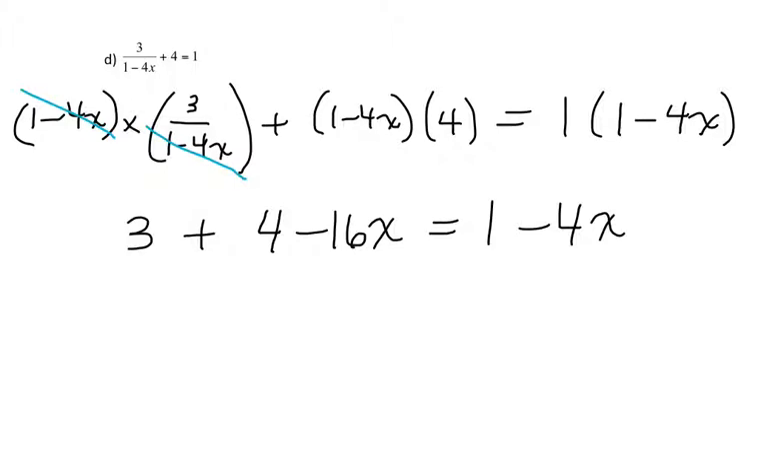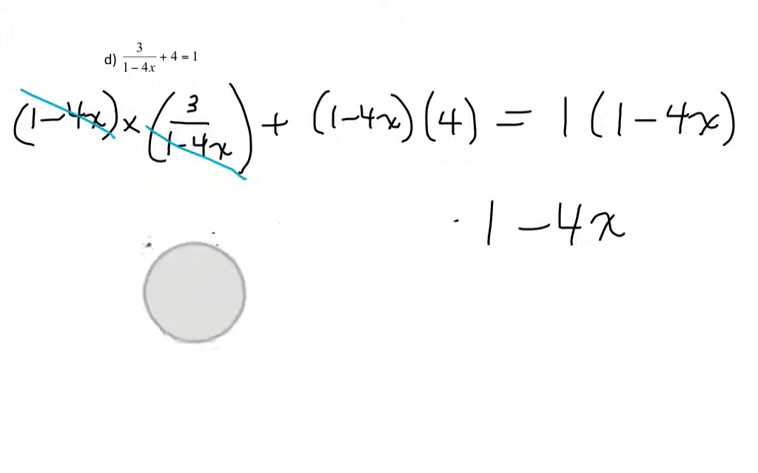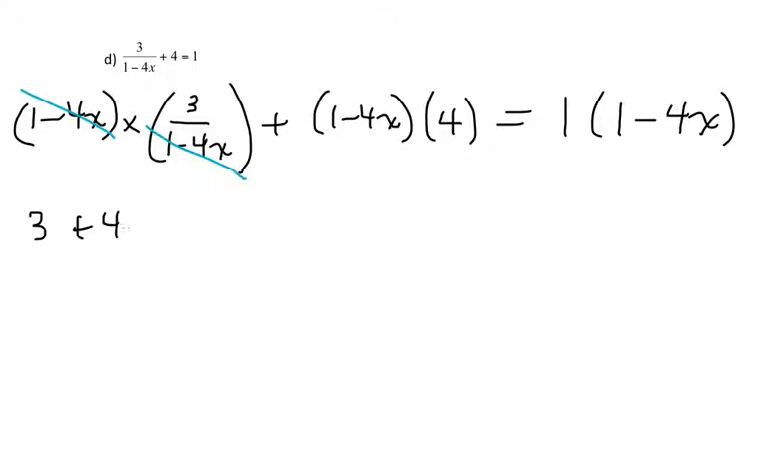I am taking up all my space. How am I going to do my fish method? Well, I will try to write smaller, starting now. So, all right, we had 3 plus 4 minus 16x equals 1